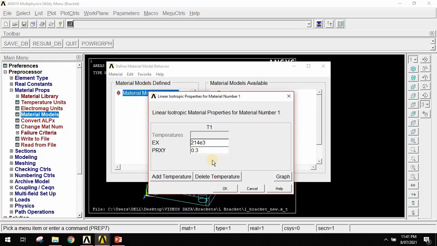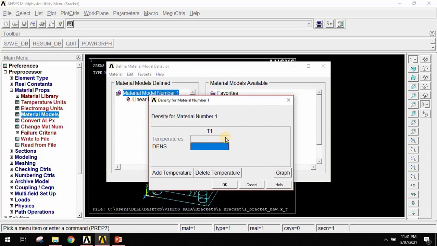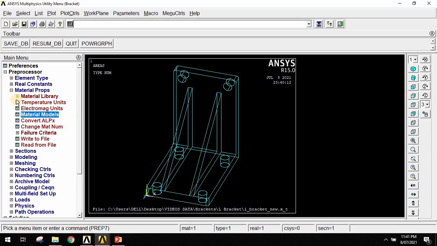Then the Poisson's ratio value is 0.3 or 0.27, you can choose whichever. Click on OK. Density is 7850 kg per meter cube, and since the dimension is mm, it is 7850 e raised to minus 9 kg per mm cube. Click on OK, go to material and exit.